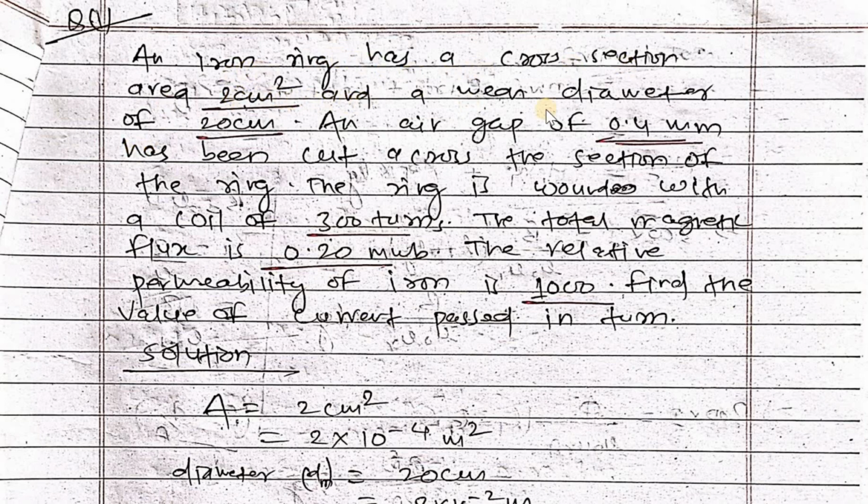Today our numerical problem is: an iron ring has a cross-section area of 2 centimeter square and a mean diameter of 20 centimeter. An air gap of 0.5 mm has been cut across the section of the ring. The ring is wound with a coil of 300 turns. The total magnetic flux is 0.20 milliweber. The relative permeability of iron is 1000. Find the value of current